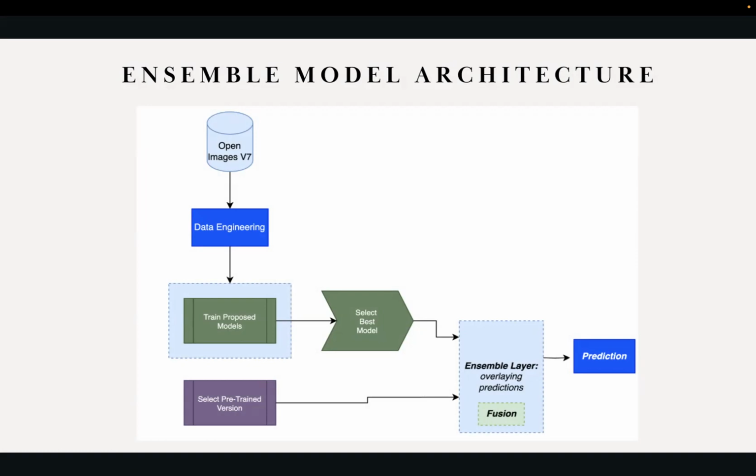Hi everyone. So this is the architecture of the ensemble model, which is unique to this project. As per the image, we can see that after doing the data engineering, we trained all the proposed models, and out of that we select our best model. And then we also select the pre-trained version of it, and then we fuse the model results to get the final prediction. So the process of how to create the ensemble layer, for that, we first iterate over each instance